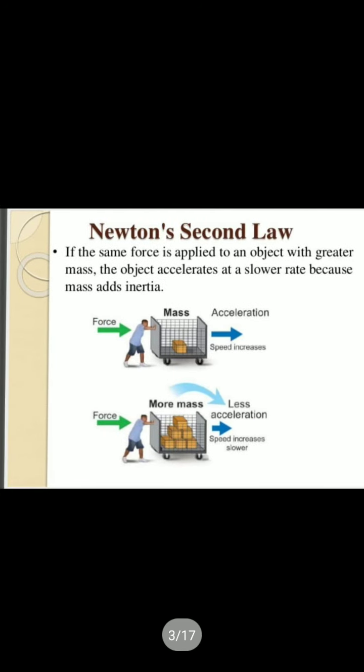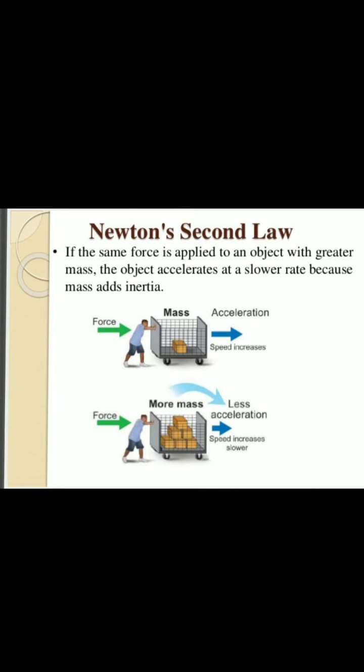Another one: in that case the mass will be the same and the force will be different. Keep this in your mind. In the first case, the mass inside the bucket will be the same for both cases. What will be different is the applied external force. Here, the force will be the same, but the mass will be different for both cases. As you see in this figure, in the first case there is some mass inside the bucket, and in the second case the mass increases.